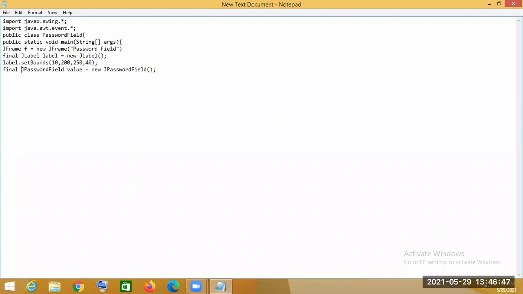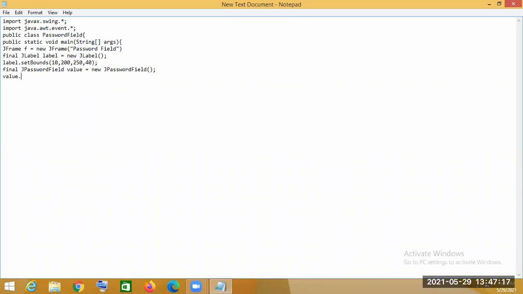So the next step is to fix the position of the password field. For that, we have to call the setBounds method on the password field object, which is value.